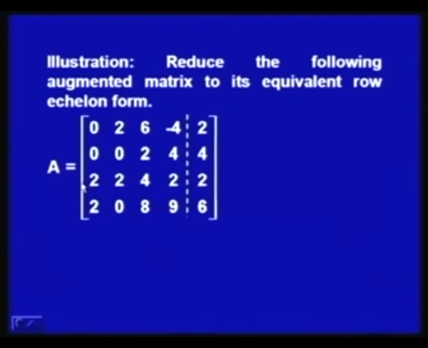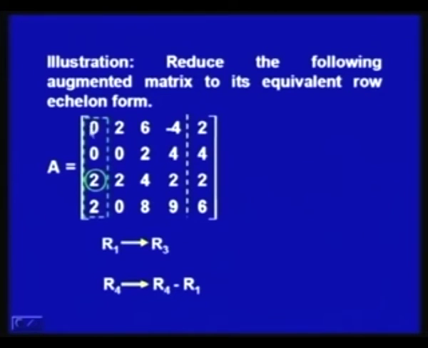Now, the first thing is, you may notice that this is the first element which is non-zero. So, we have to first make this pivot as 1. The first step is you apply R1 to R3. So, first bring this particular row here, and then R4 is R4 minus R1.